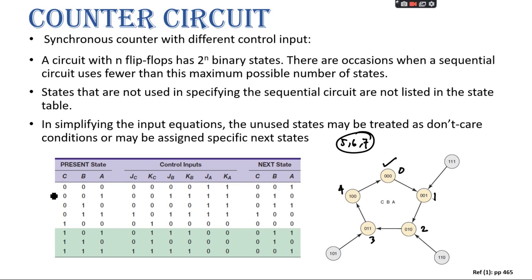So here, as you can see, if this is from 0 to 4, 0, 1, 2, 3, 4, the next stage is 1, 2, 3, 4, 0. So for 5, 6, 7, it is not in the counter. So what we can do, we can either choose the